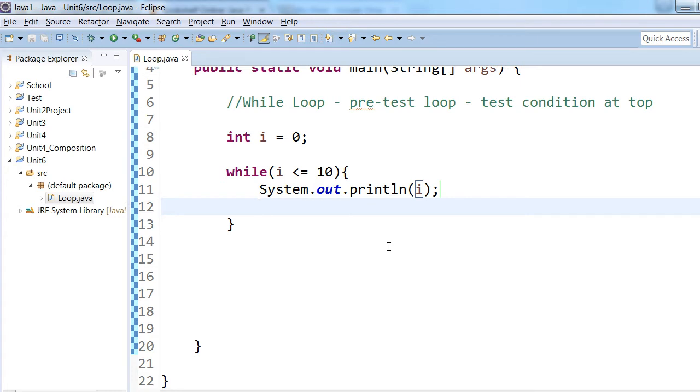Yeah, it's adding, right? I plus plus. Keep adding 1 to itself until it reaches 10, 11, then it will get out of the loop, and then we're done. Okay, so the first time it comes through is 0, print 0 out, then we increment it to